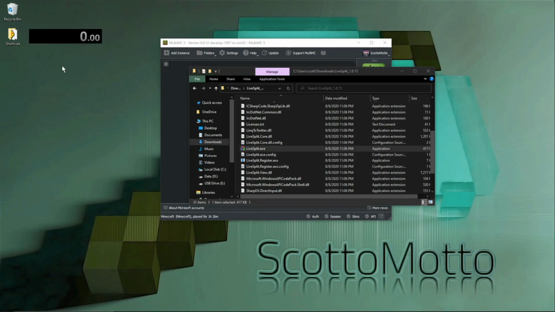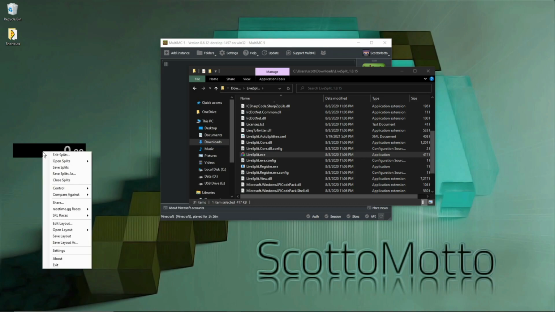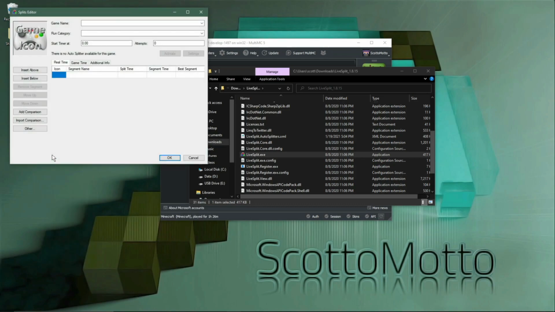When we do so, we'll see this timer window. Generally, we want to move it around out of the way, because sometimes windows will come over the top of it when you're configuring them. It's just easier to manage if you move it out of the way and then move it back into position. So the first thing we want to do is right click on the window and choose Edit Splits, the first menu item,